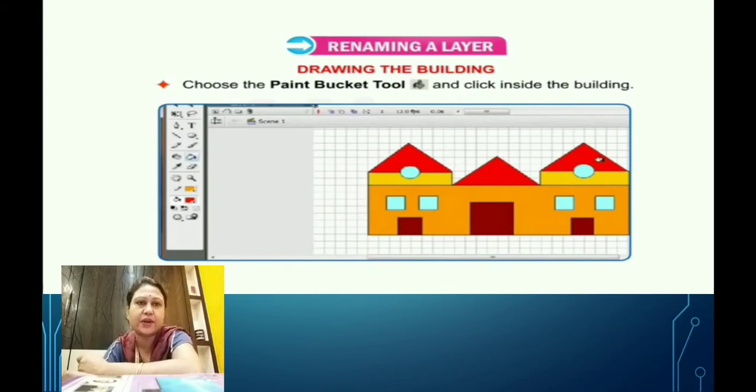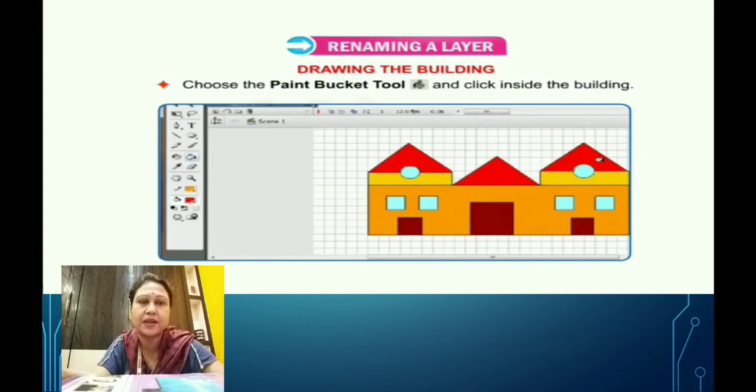So as you can see here in this particular picture, we have drawn a building, right? So what have we used? We have used the Line tool in order to draw the building. Now behind the building you can see the workspace is not white in color. The default workspace is white, but here you can see it is not white. There are certain lines drawn over there on the workspace, right? That is what those particular lines are called: grid.